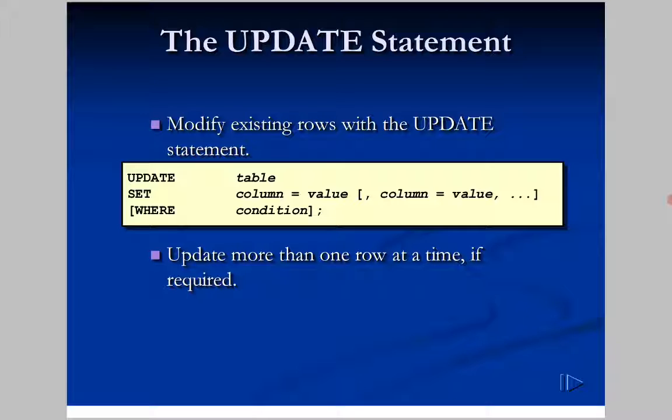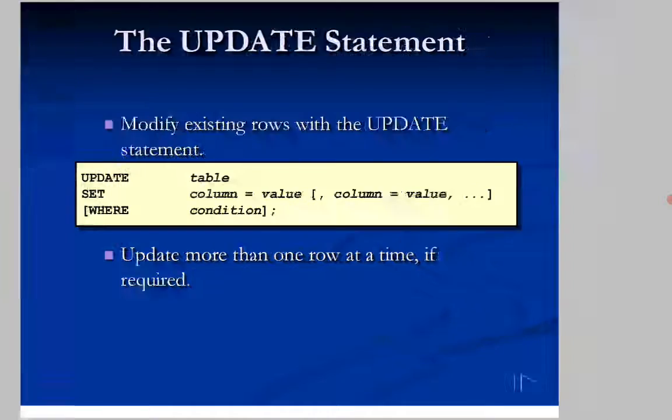So what is the DML command used to update, modify or change records? It is the UPDATE statement. The UPDATE statement is generally used to update a single row or multiple rows in a table. So the syntax is UPDATE some table name, SET column 1 equals to value 1, column 2 equals to value 2 like that, WHERE some condition. The UPDATE command is generally used to update more than one record also.